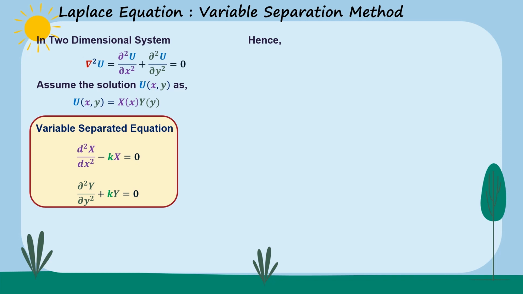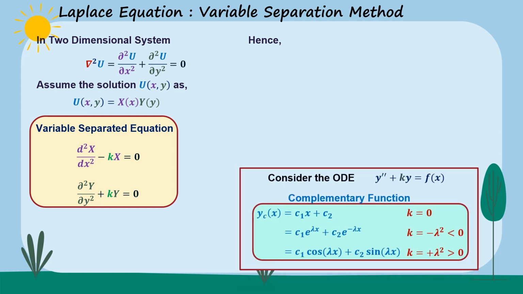Here we recall the complementary function when we solve the equation in the form y'' + ky = 0 into f(x). Here we consider c1x + c2 when k equals 0, and we consider k equal to something else, and all the stuff. Now we can apply this concept, whatever we used earlier, directly here. So if you remember this, then we can solve this problem directly. Otherwise, we have to apply that particular approach,